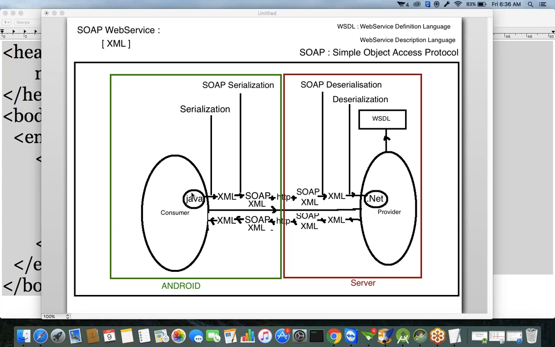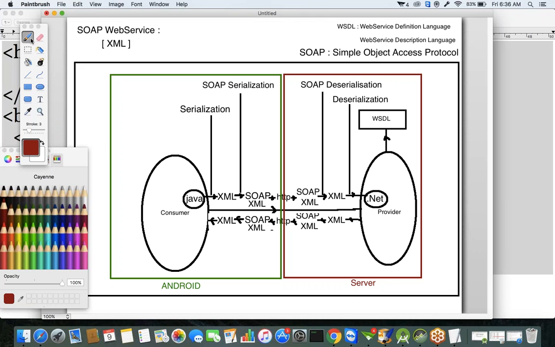Converting your object XML to SOAP XML, putting the data into the HTTP request. This is only our responsibility. And even up to this one, meaning converting your object to XML to SOAP XML file, and putting that SOAP XML into an HTTP request, and sending this HTTP data to the server. Even this entire process also,